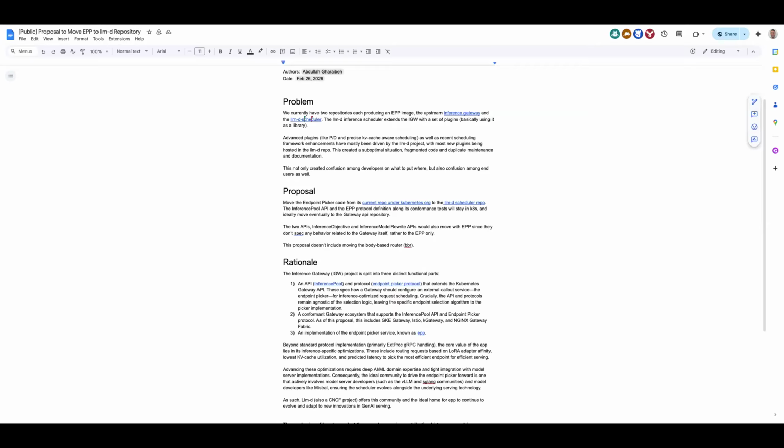bailiwick. And also there's already common code between, if you look at the pack under PKG, there's EPP, which is EPP stuff, there's BBR, which is BBR stuff, and then there's common, which is stuff that's shared between them. Now, one other thing, you have mentioned timing. As Carlos said last night, at least my time last night, anyways, that they're trying to get LLMD to become a CNCF project,